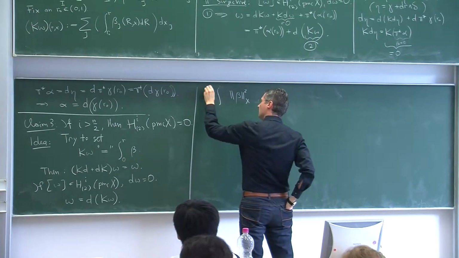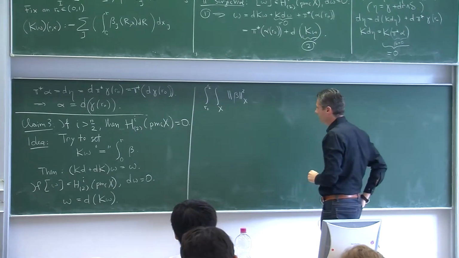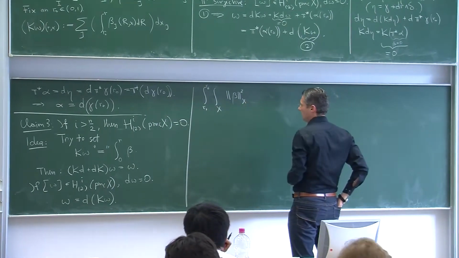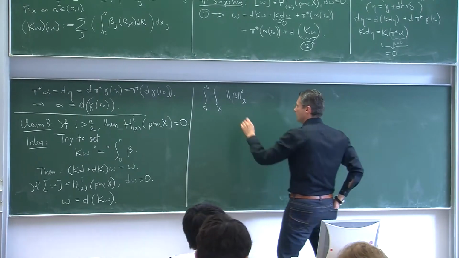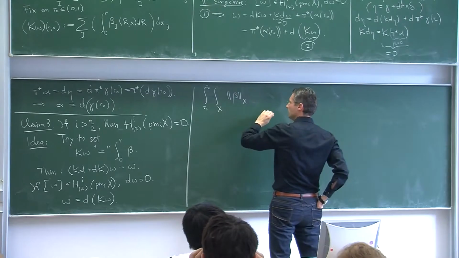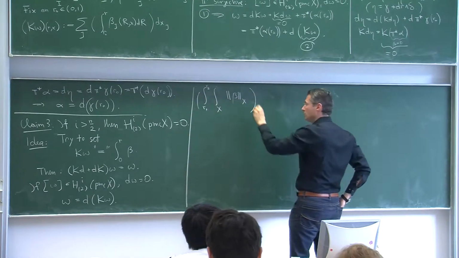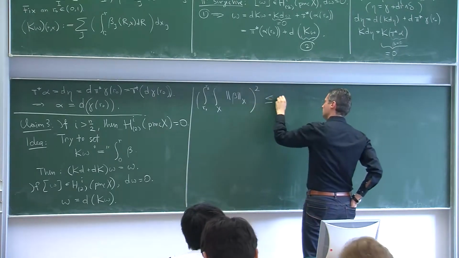Maybe from R1 to R2 and then x, and try to estimate that. Sorry, you look at this. You don't look at the norm squared, you look at this. And so maybe what you want to do is use Cauchy-Schwarz. So maybe you want to, in fact, use